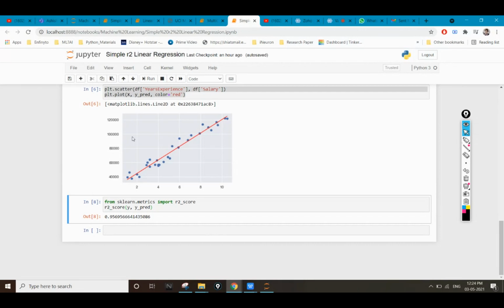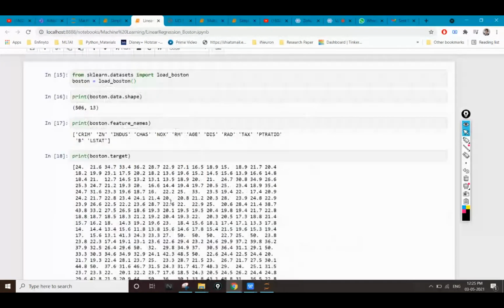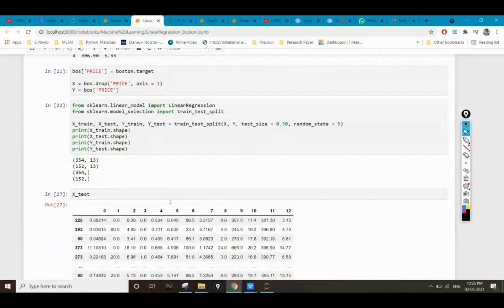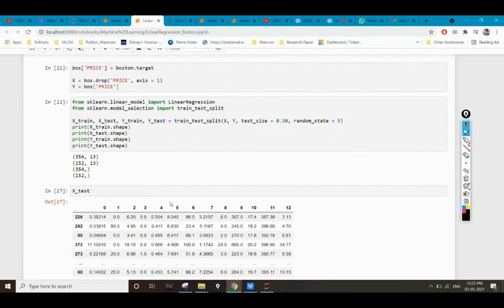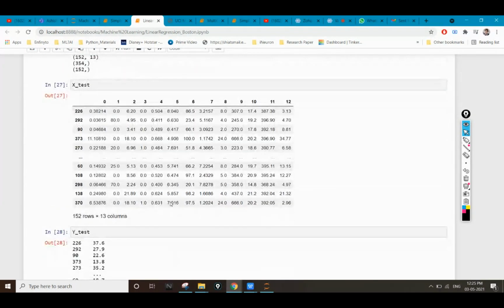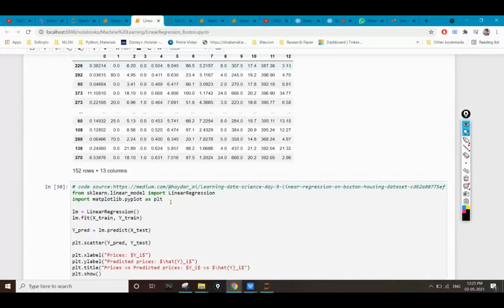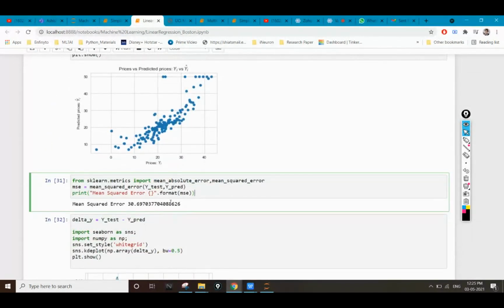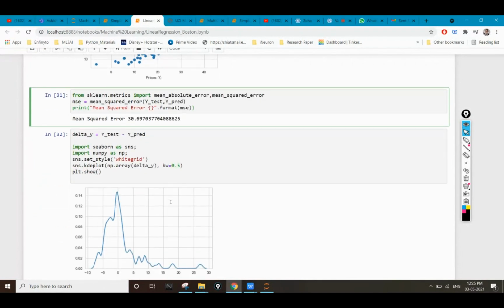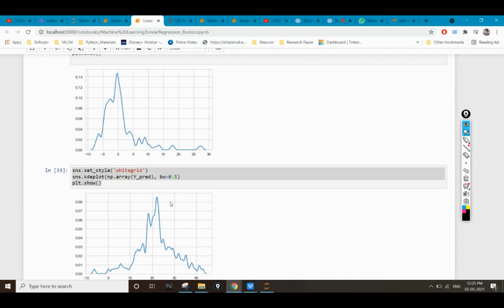What I want from you guys is to apply the same R square concept on your Boston dataset and get an accuracy percentage or R square value percentage, so that we get a clear understanding of how much accuracy you are able to get, how much your predicted data is able to fit the original data. Try to plot an R square value for this and submit it in the assignment.